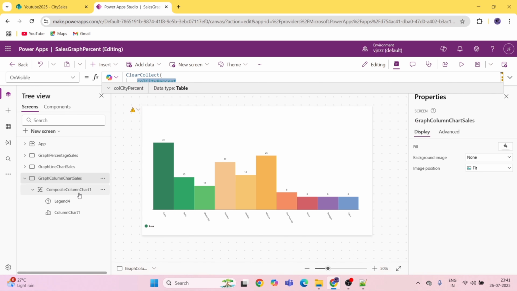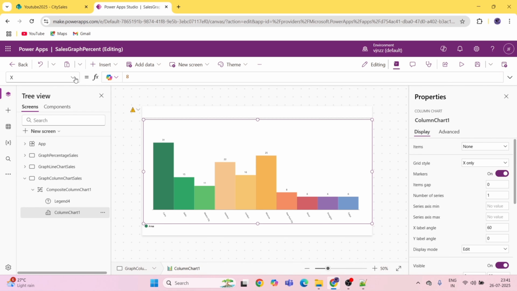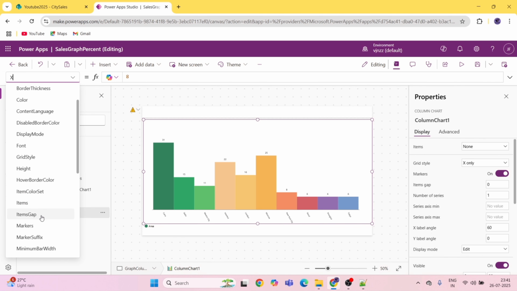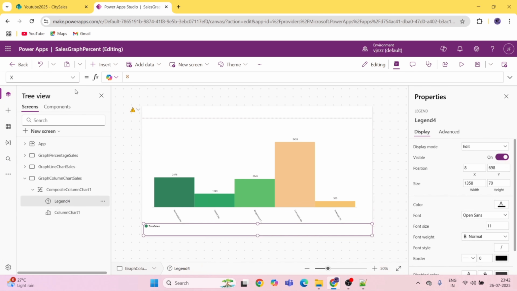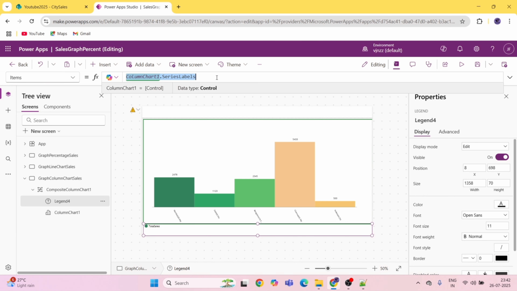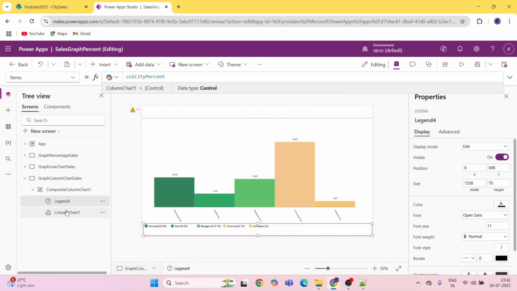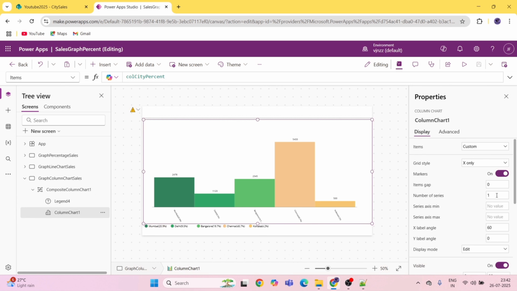Can give it another name for each collection? I mean, if you are doing it in a column, if you are doing it in a line chart or pie chart, I'm just showing it to you so you can understand better. That's all. So here we have to select the column chart and items, add this legend, add this, and again number of series item gaps we will add 2,